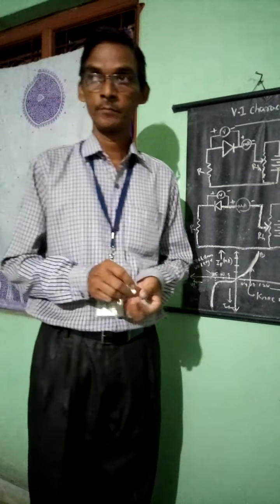Let us start with the VI characteristics of the PN junction. How can we represent these graphs, the forward biasing current and reverse biasing current, in graphic form? This is the PN junction diode, connected by this circuit as usual, in forward biasing mode. The plus polarity of the supply is connected to the anode, and the minus polarity is connected to the cathode. Accordingly, it acts as a forward biased device.